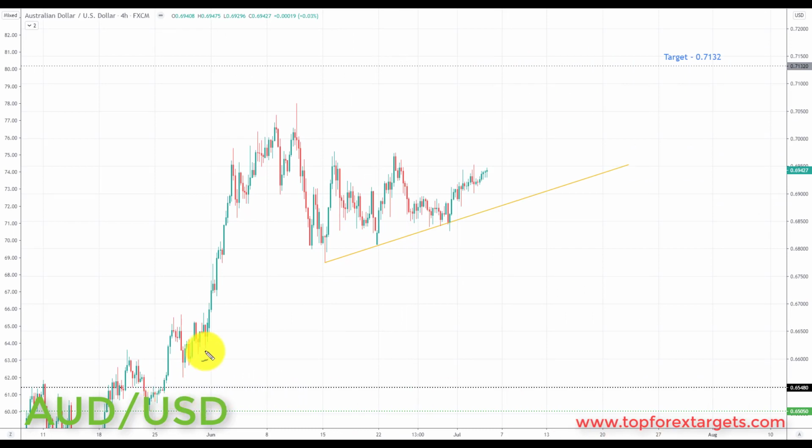So the next market we're going to look at is Aussie dollar. Now, as we highlighted last week, the uptrend in Aussie dollar is still intact, so we do favour bullish positions in this market if we are looking to trade this next week. This will not change as of yet unless we break this low. If we break this low, we will actually have a near-term reversal in the Aussie dollar